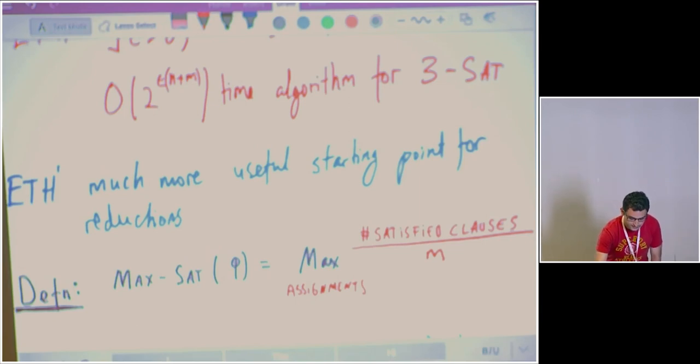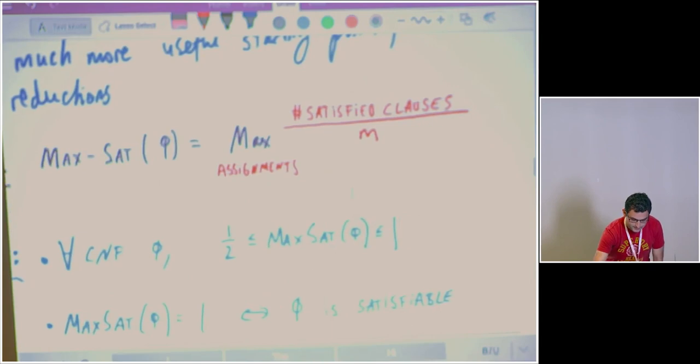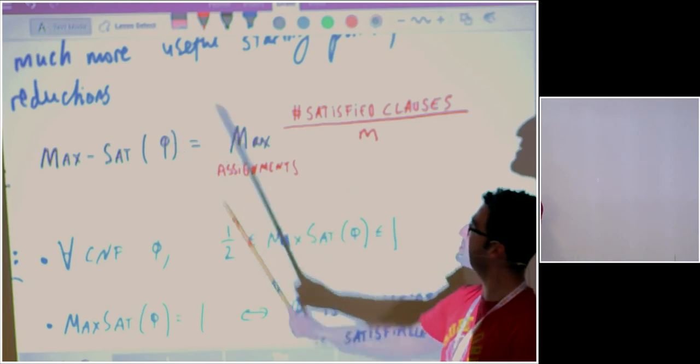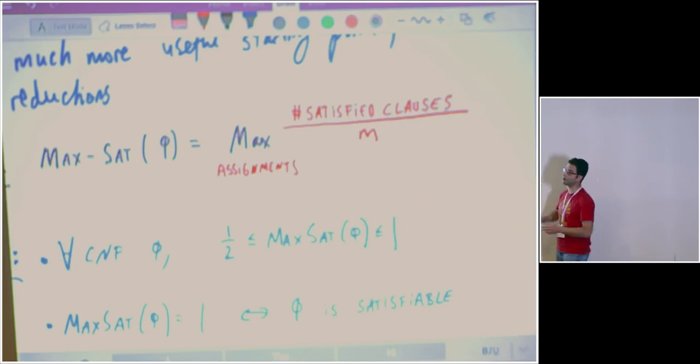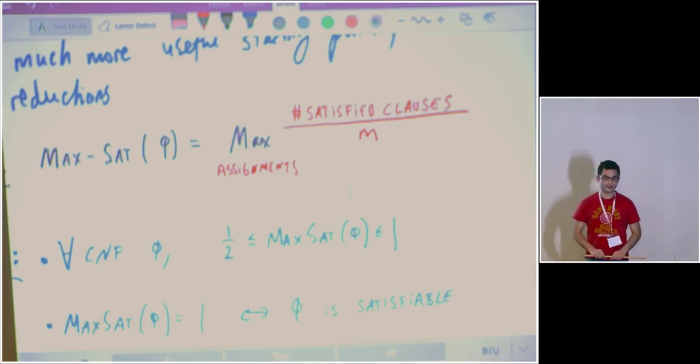And for that, I need to define this ratio, max sat of a formula phi. So suppose I give you a CNF phi with n variables and m clauses, and then I go over all assignments to the variables, and I see how many clauses are satisfied compared to all of the clauses. Is it half the clauses? Is it 0.75 of the clauses? Is it all the clauses? Okay? So notice that